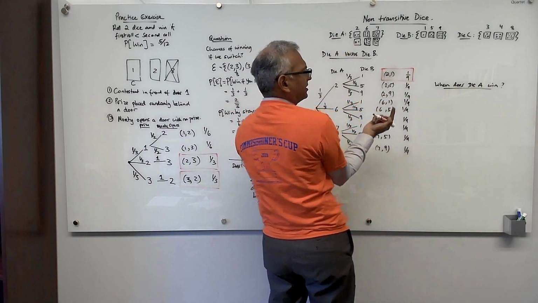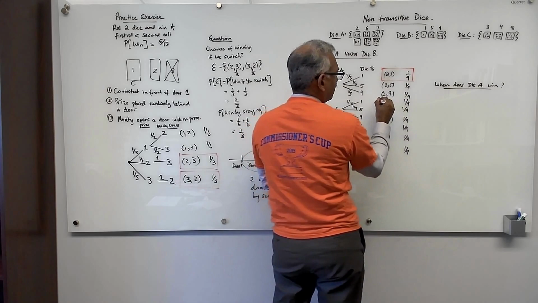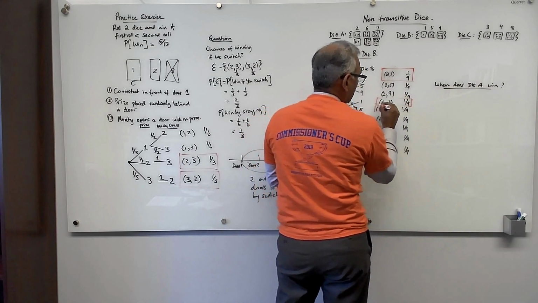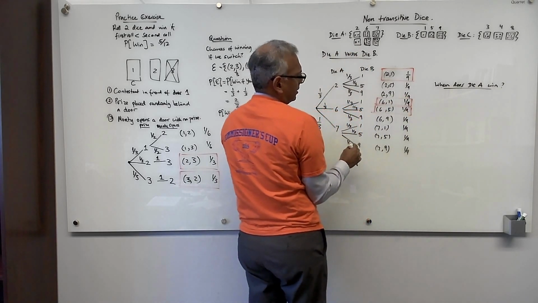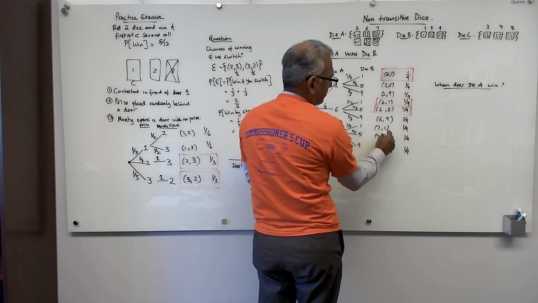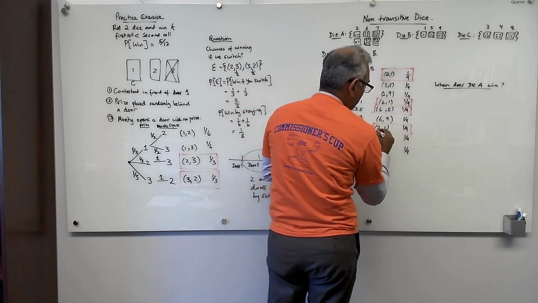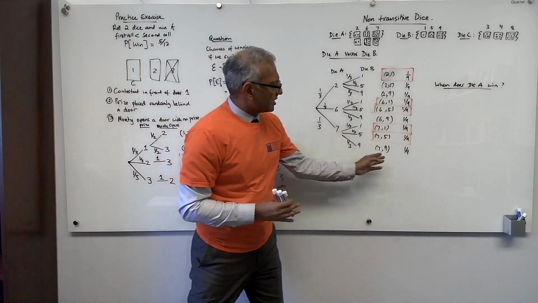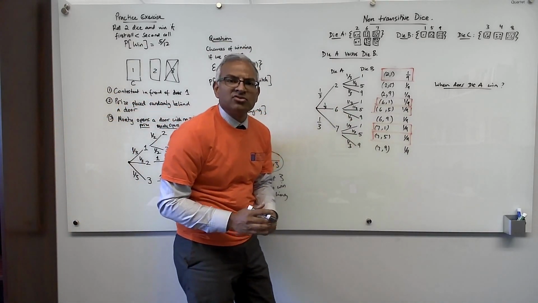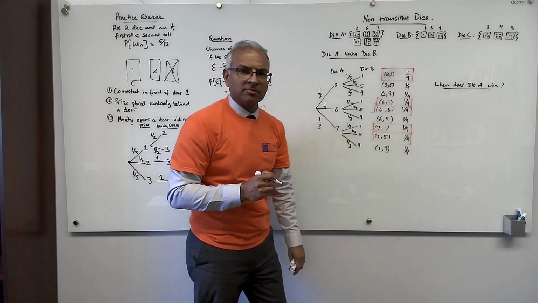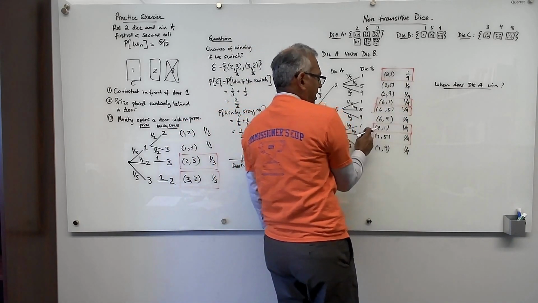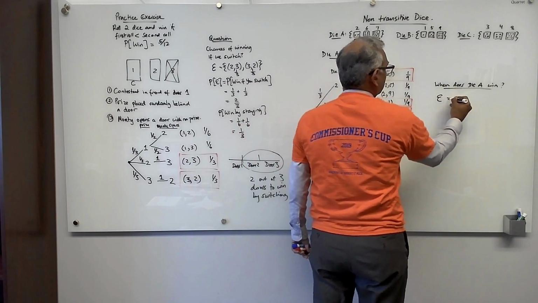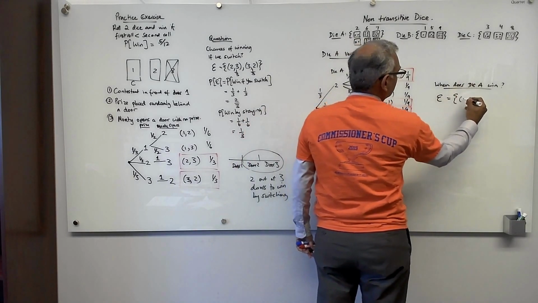2, 5, 2, 9, die A loses. 6, 1, 6, 5, die A wins. So 2, 3, okay, and then 6, 9, die A loses. 7, 1, 7, 5, win, win. And 7, 9 losers. Okay, so what's the event of interest? The event that is going to help us to compute this probability, it's just these red outcomes. So the event of interest that corresponds to that question is 2, 1,